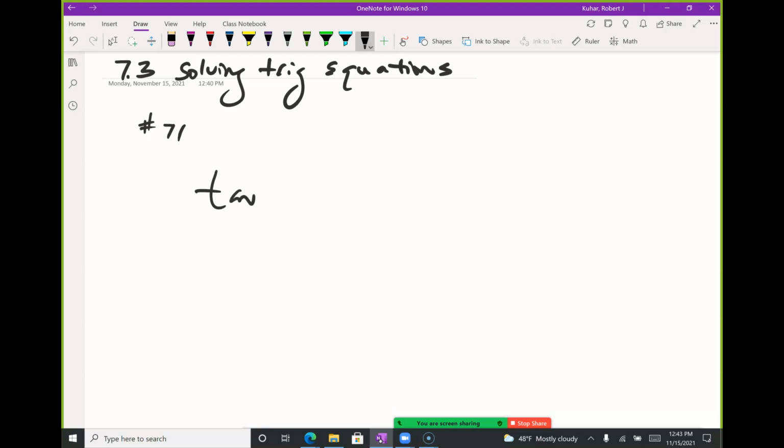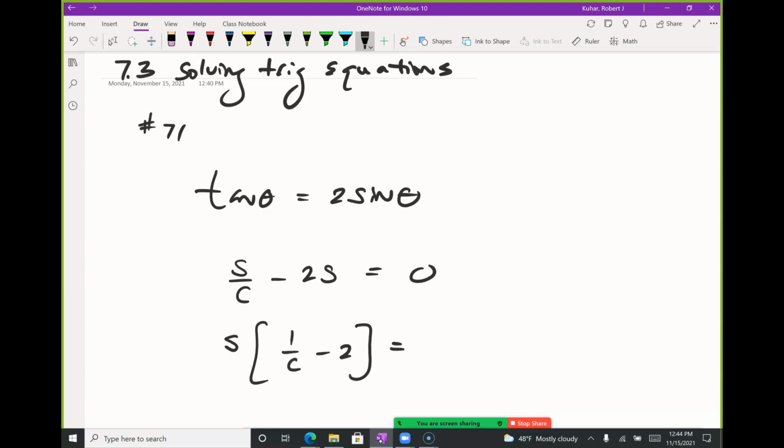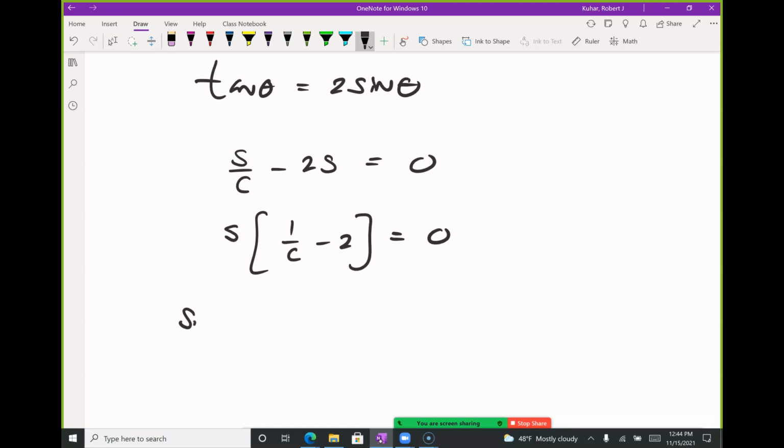I've got tan of theta equals 2 sine theta. So I really want to be thinking of this just like a trig identity. That's why we do these trig identities. I've got sine over cos minus 2 sine equals 0. And the key here is that I can factor. When you have more than one trig, you're usually trying to factor, unless you see the quadratic formula right away, right? So this is sine times what? 1 over cos minus 2 equals 0, right? So I either get sine of theta equals 0, or 1 over cos minus 2 equals 0,